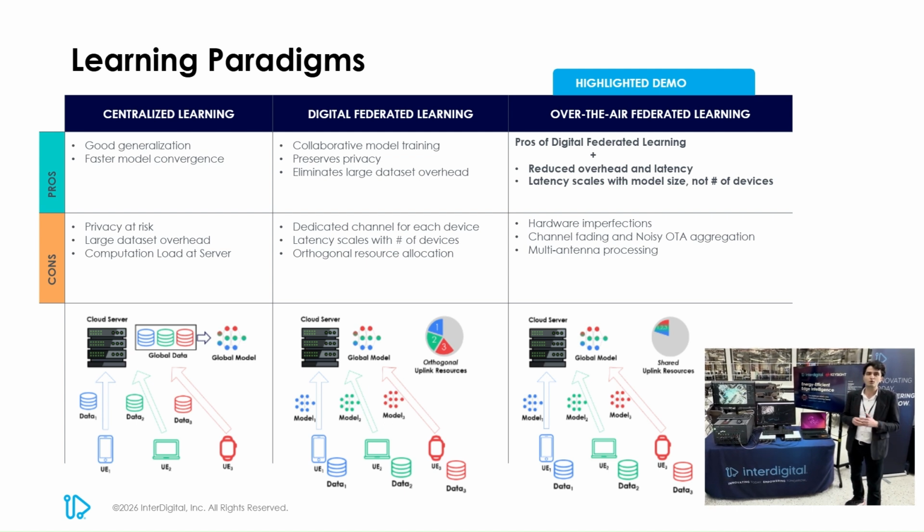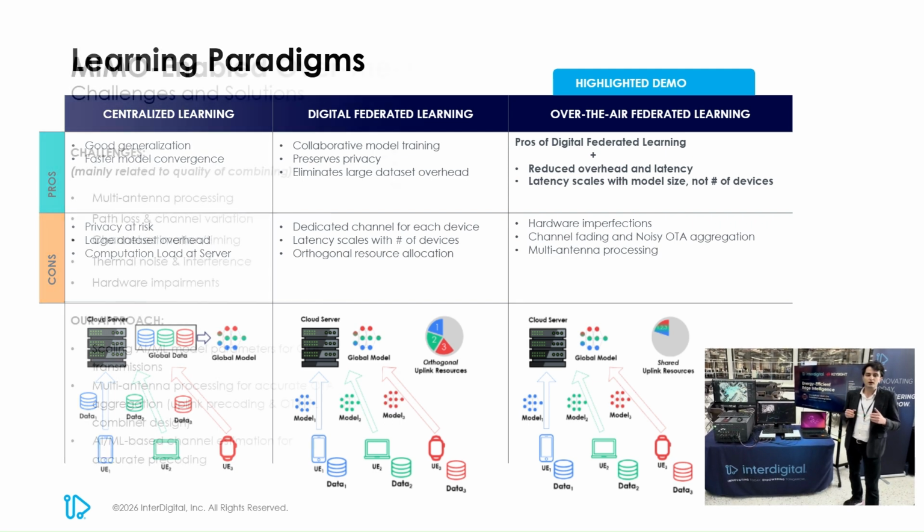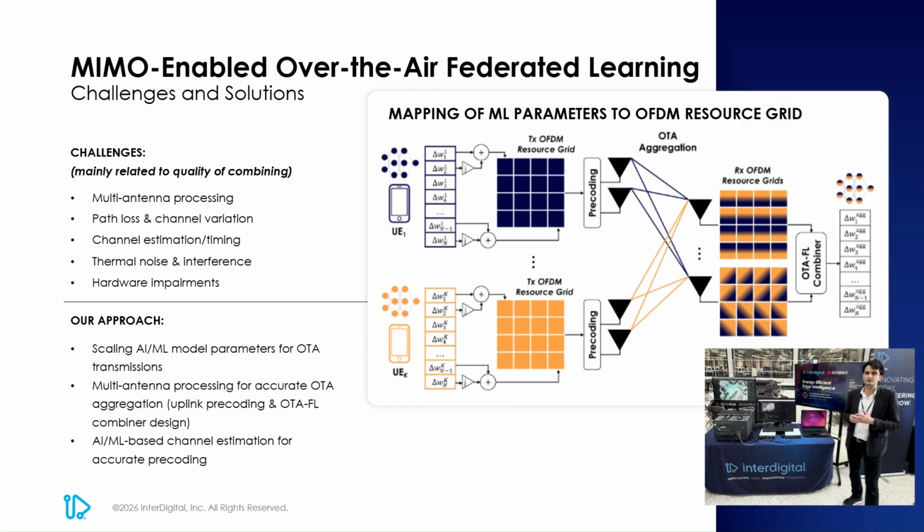On the other hand, over-the-air federated learning enables simultaneous transmission on the same resources. So the signals combine naturally over the air, and that's why the latency doesn't scale with the number of devices. However, there are significant challenges for over-the-air federated learning, including wireless channel fading, path loss, and also the